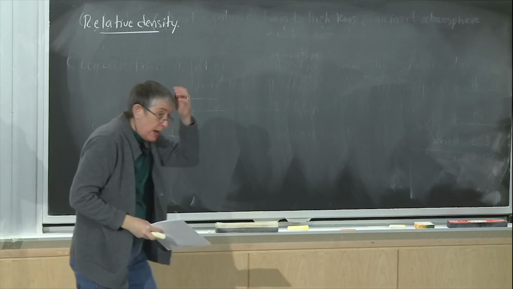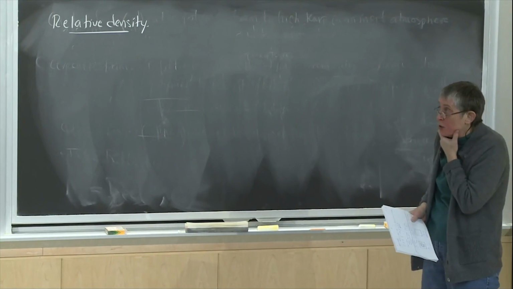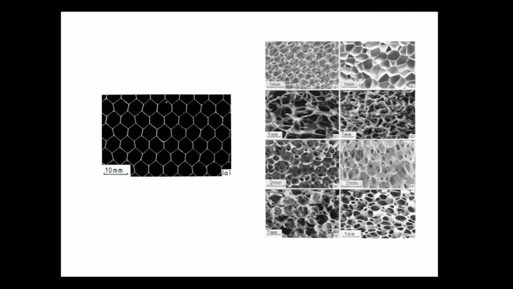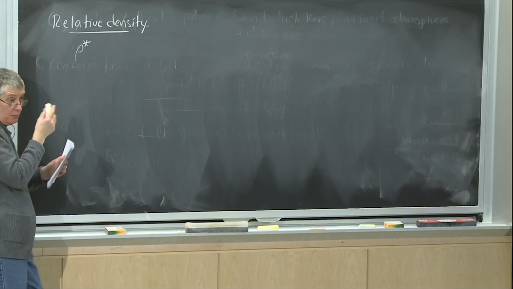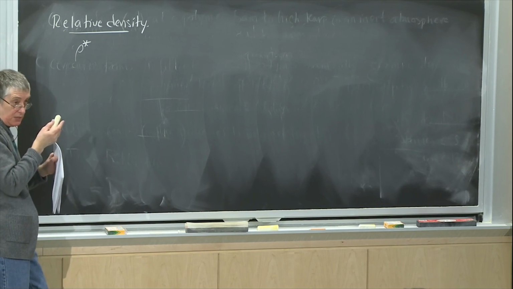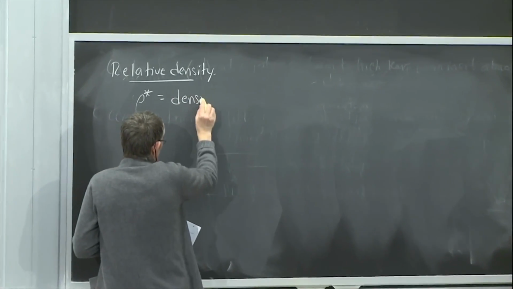So if we look at the mechanical properties of cellular materials, typically the cell geometry doesn't have that much of an effect. The relative density is much more important. So the relative density we define as the density of the cellular solid. And when I use a parameter like rho or E, if it's got a star, it's for the cellular thing. And if it's got an S, it's for the solid. Okay. So rho star is going to be the density of the cellular material.